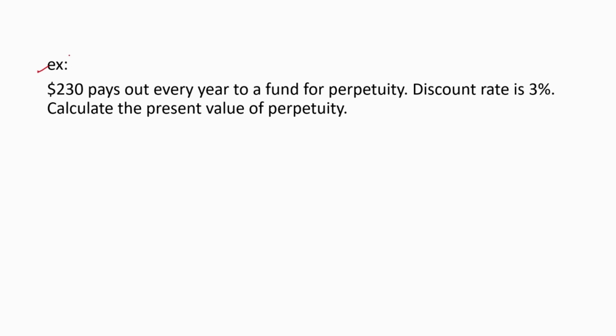Now let's do this example. $230 pays out every year to a fund for perpetuity. Discount rate is 3%. Calculate the present value of the perpetuity. So the present value of the perpetuity equals the initial amount, 230, multiplied by 1 over R. Now we have to take the decimal value of 3, which is 3 divided by 100. So the present value of the perpetuity equals to,